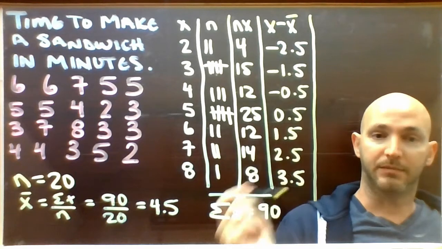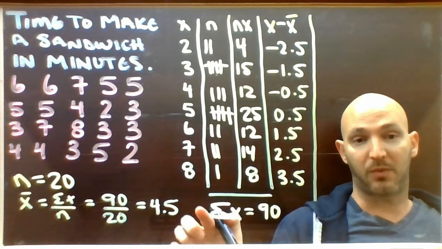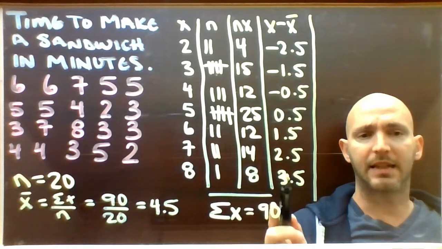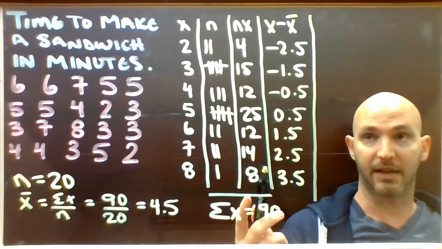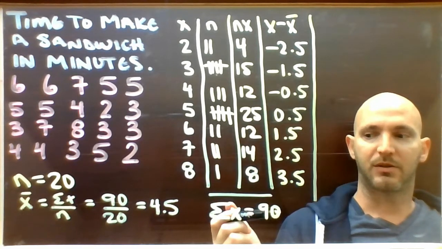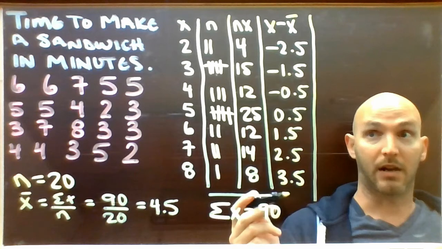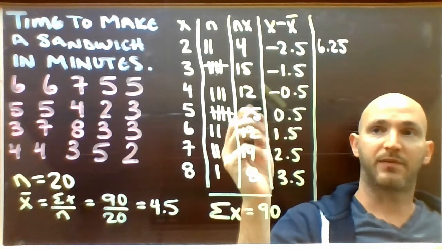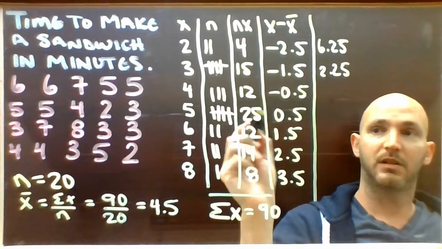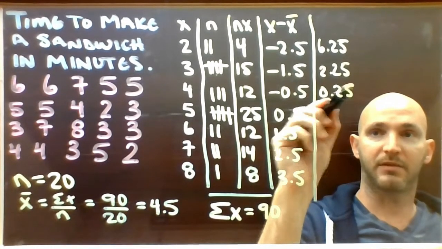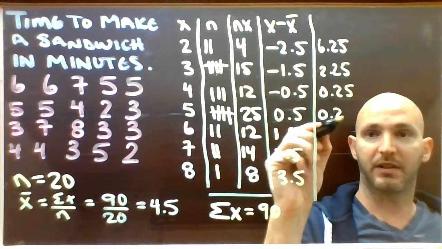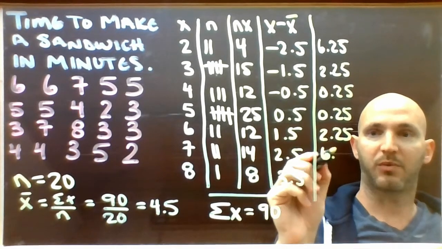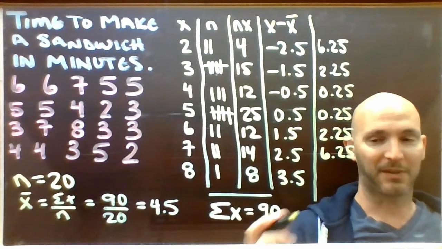Now, in the formula, you're going to have to do that for each data point and then square it and then add up all of those values. So I need to take this and I need to square it so that I lose this positive or negative attached to it. So 2.5 squared would be 6.25. 1.5 squared is 2.25. 0.5 squared is 0.25. 0.5, so I've got the same number here. 1.5 would be 2.25. 2.5 is 6.25, and I have left my calculator elsewhere, so 5